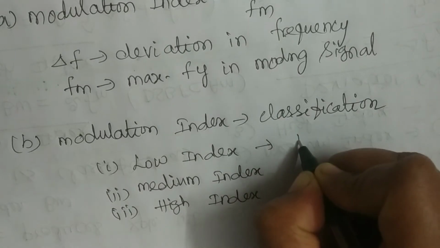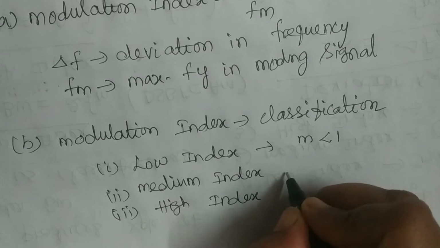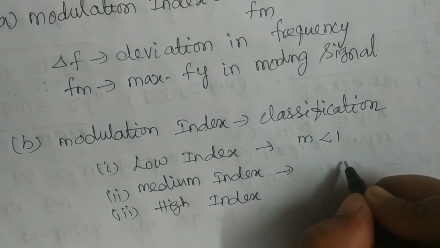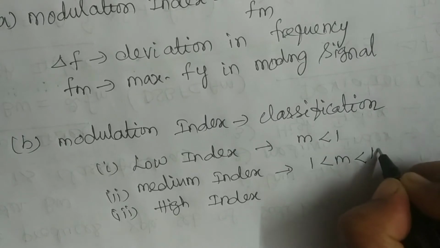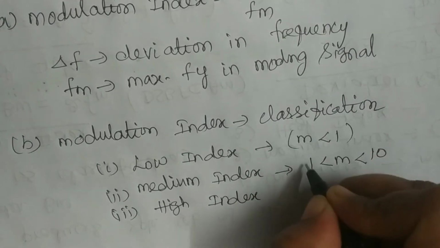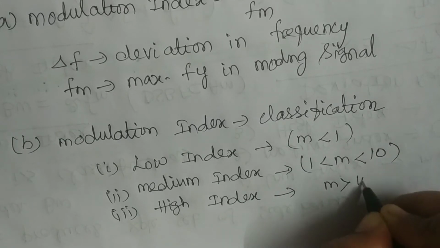For low index, the modulation index value is less than 1. For medium index, the index value lies between 1 and 10. For high index, the modulation index is greater than